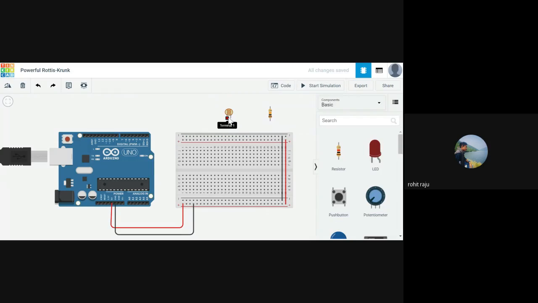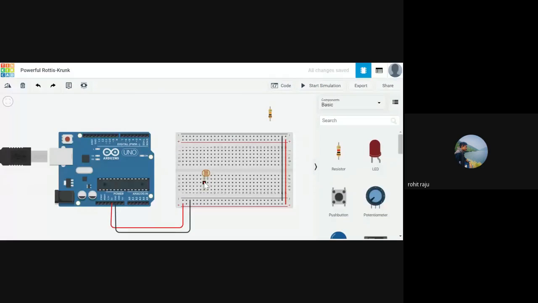We have two terminals here, terminal 1 and terminal 2, and two terminals here as well. Let's connect it randomly. Oh, I made a mistake right here. This goes to ground actually. Let me delete it. So the circuit would look like this: one end goes to 5 volts, which is power.